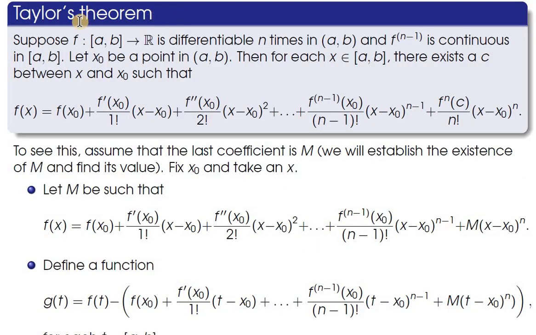We will see that the Taylor series expansion comes from Taylor's theorem, which tells you that a function f which is differentiable n times can be written as a finite sum. In the finite sum, it looks like the Taylor series expansion, the first n minus 1 terms, and the nth term becomes very small. If you make n say 1 lakh or 1 crore, the right side becomes very small and goes to 0. So in the limiting case, f of x will be equal to a series of the previous form. This we will see in the next